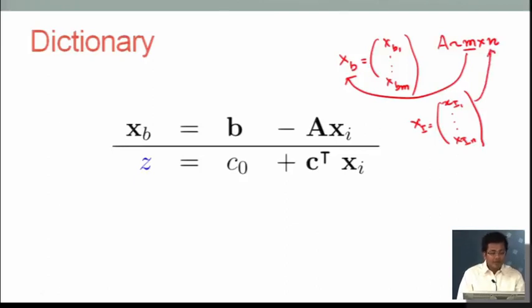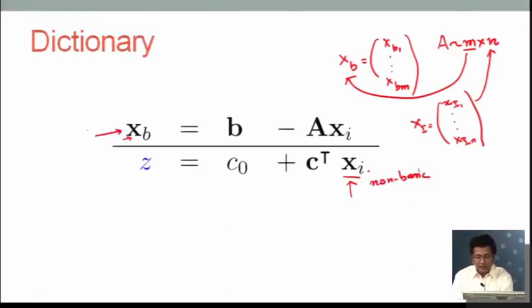All right, it starts out in this case that the slack variables end up as basic, and the original problem decision variables end up as independent or non-basic. But that's purely by chance. As we will see through the process of the simplex algorithm, things will start moving around. Basic variables will become non-basic, non-basic variables will become basic, and that's part of the simplex algorithm. But right now, what you have to note is these variables are non-basic,